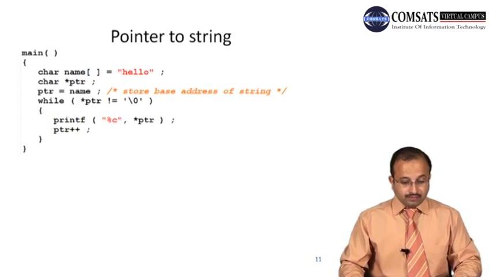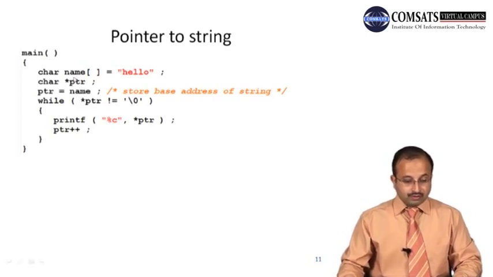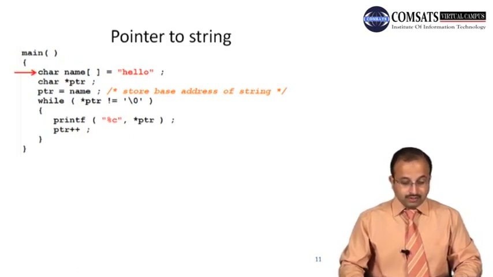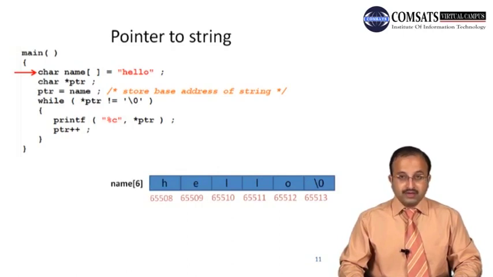Let's see a simple program where we have a string whose name is name, N-A-M-E, and we are initializing the string with the string constant hello, H-E-L-L-O. So the size of the string name is 6 bytes. That is, the memory allocated for that string is 6 bytes. So when the first statement is executed, 6 bytes of memory will be allocated, and the last